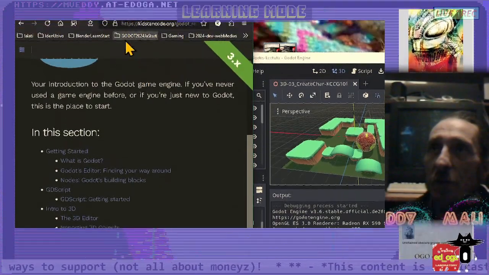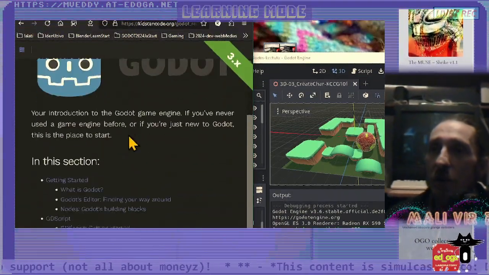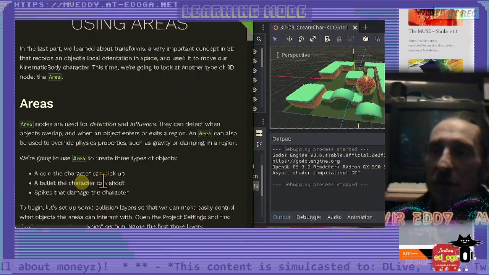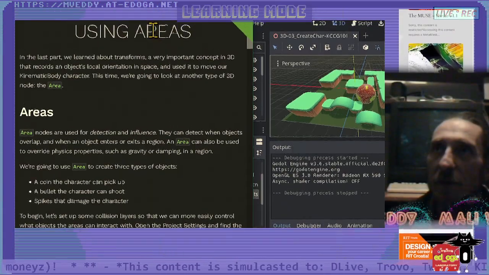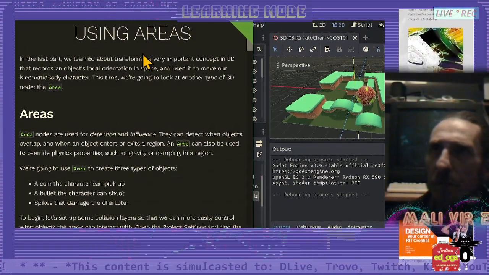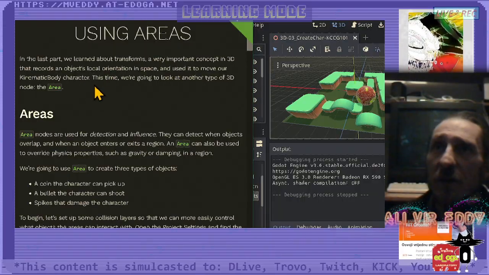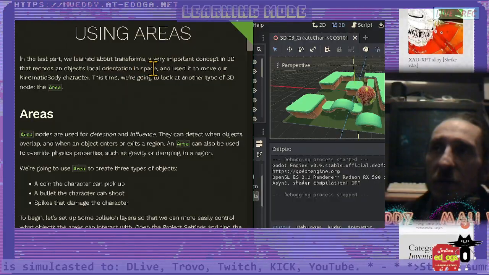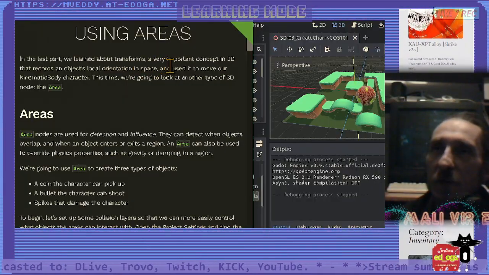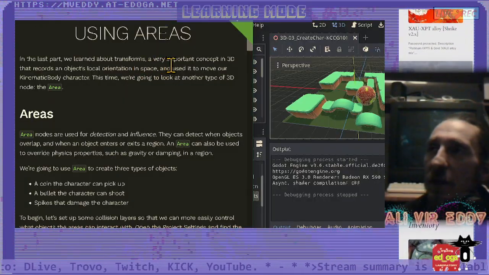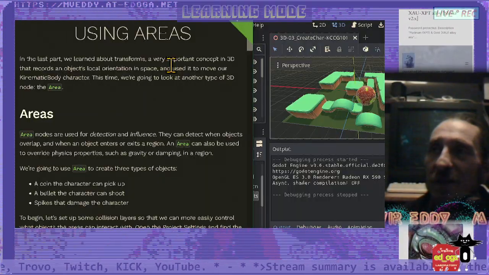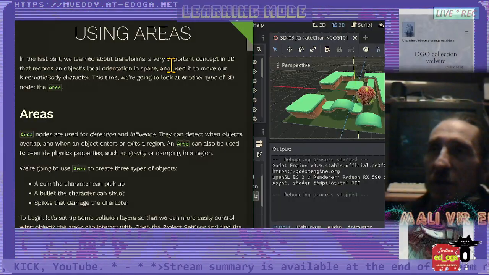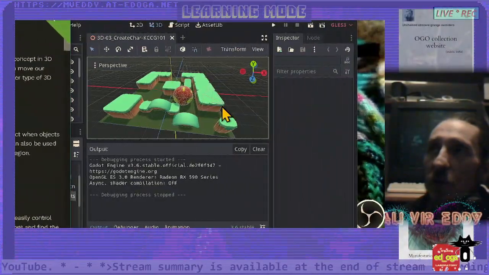What did I open? 101. I guess this is the main. So using areas, that's where we are. In the last part we learned about transforms, a very important concept in 3D that records an object's local orientation in space. So this is in 3D transforms. We're not dealing with 2D position. In 3D we get the transform, which is a combination of